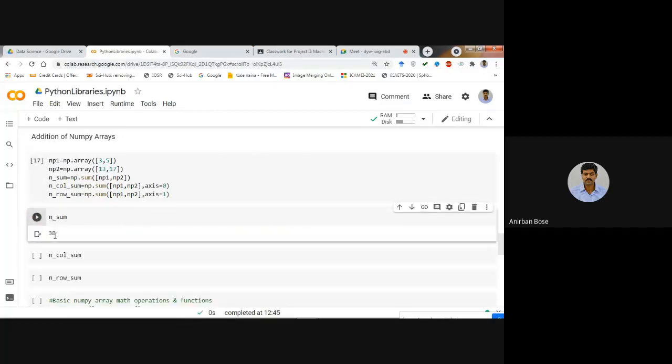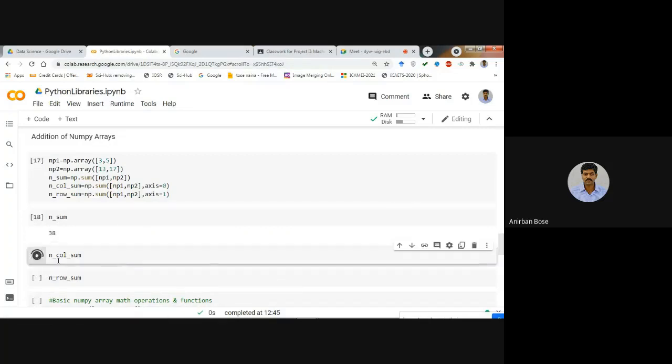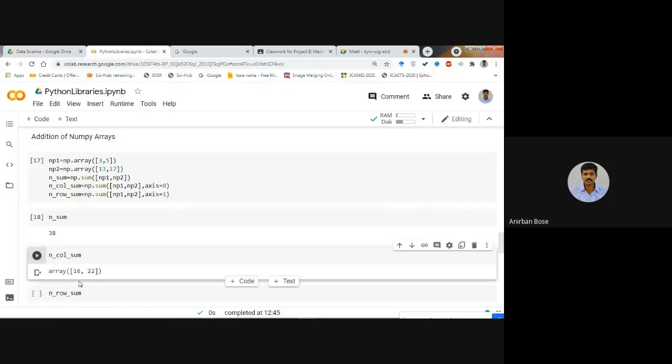First of all, this is the total sum, and if you do the column sum, it will take only the column-wise sum. That means 13 plus 3 is 16, and 5 plus 17 is 22. So axis equal to 0 makes the column sum, and axis equal to 1 will do the row sum.